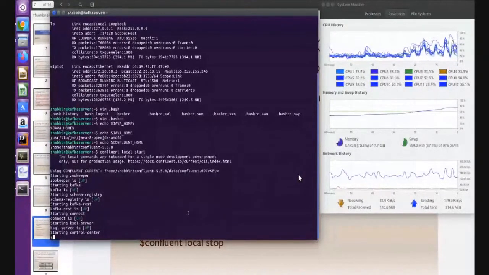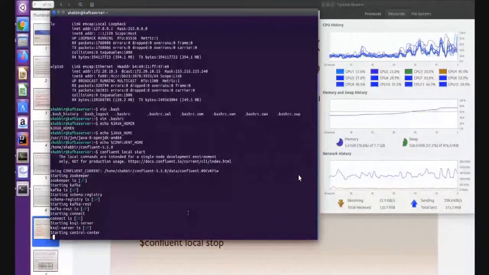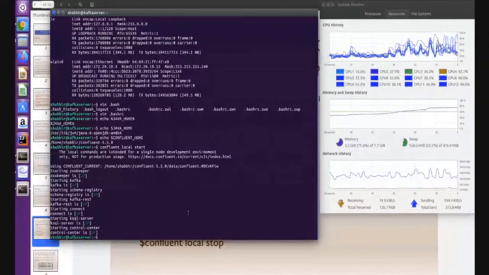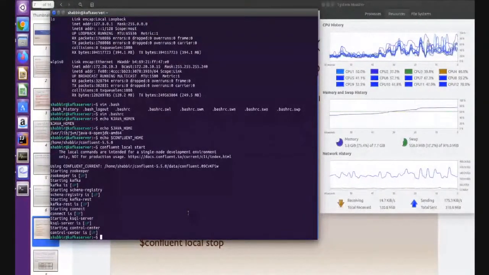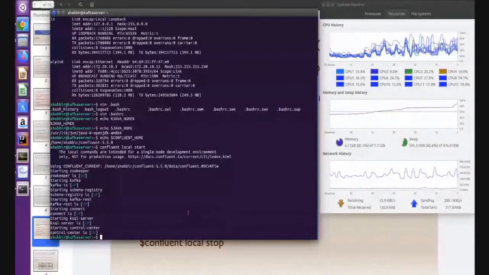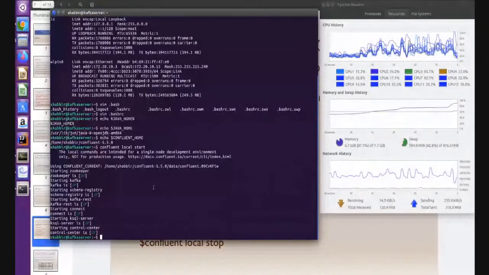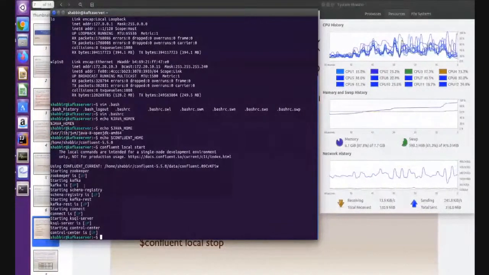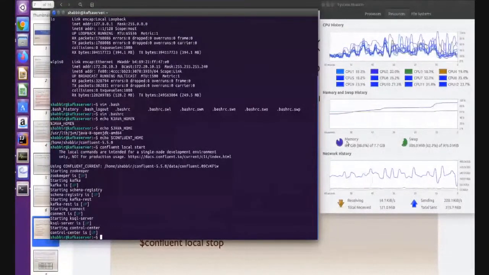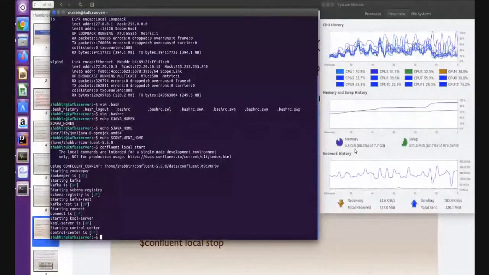If you want to run multiple brokers, then you have to buy the commercial product, which is free for only one month. I have installed only the community version, so only one broker will run here. You can see the memory utilization is 6.7 GB.